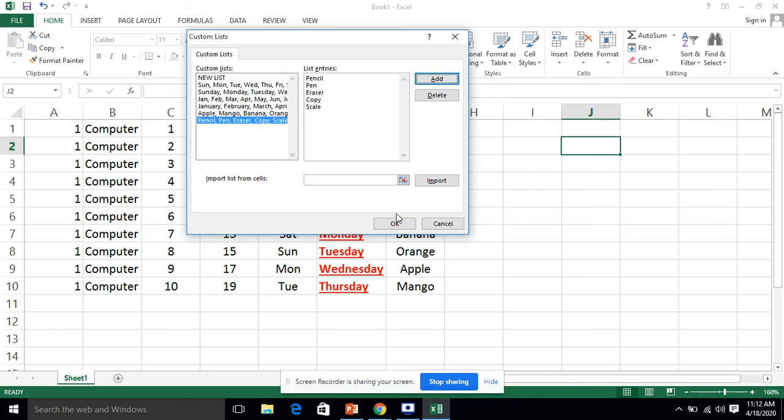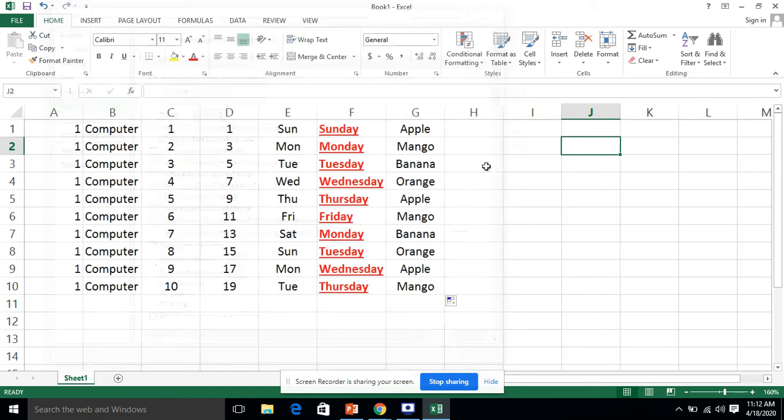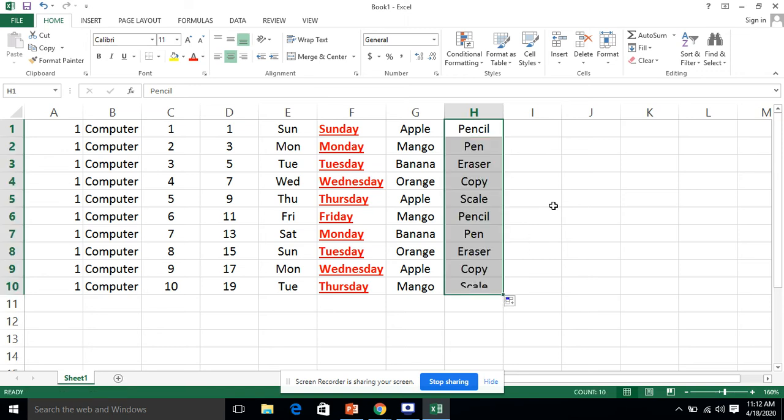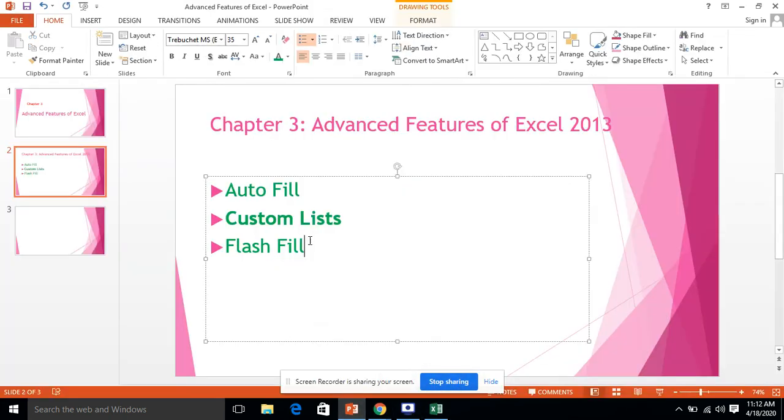I have added it and press OK. Now if I write pencil over here and drag it down, you will see that after pencil there is pen, then eraser, then copy, then scale, then again starting from the pencil. So the series will be generated according to my custom series. Custom series means user-defined series, as the user has created its own series.